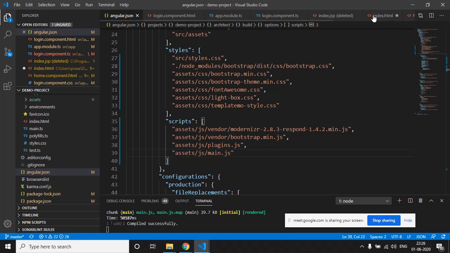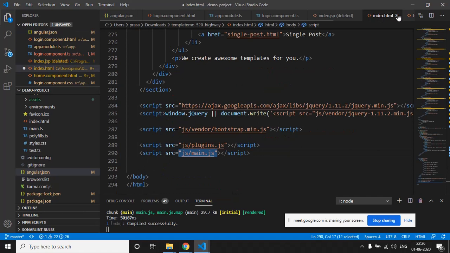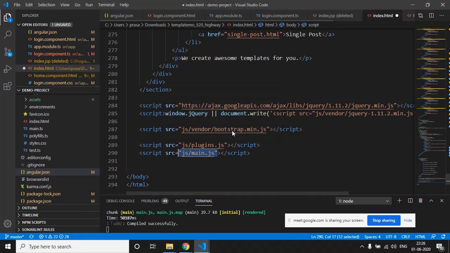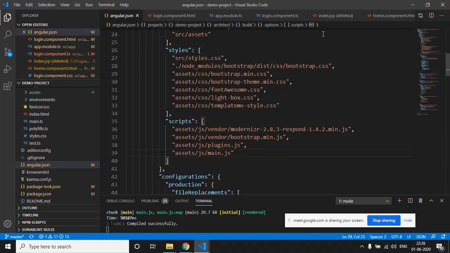Now we will close this index.html file that we have opened from. It's not needed now. So now what we have done is we have imported all the CSS and the JavaScript file which are required by that particular HTML template.